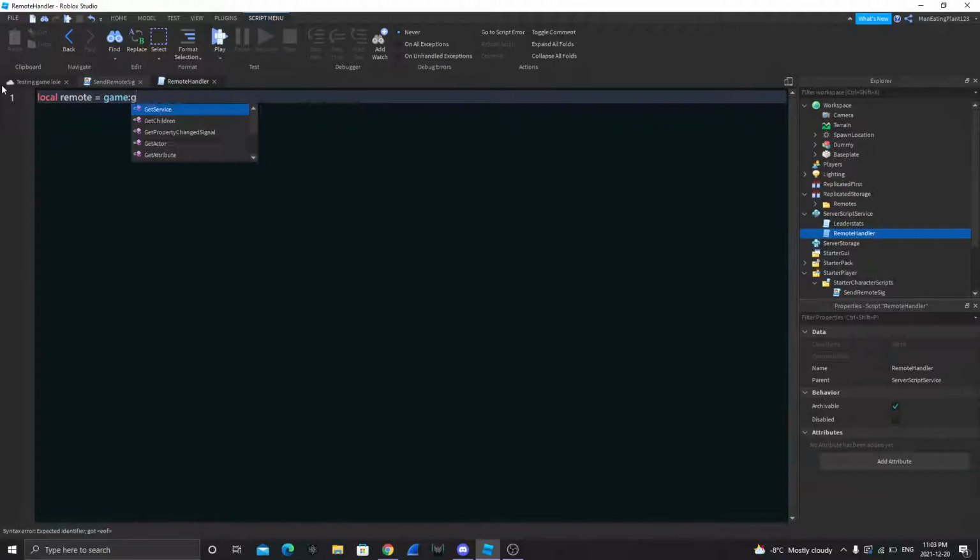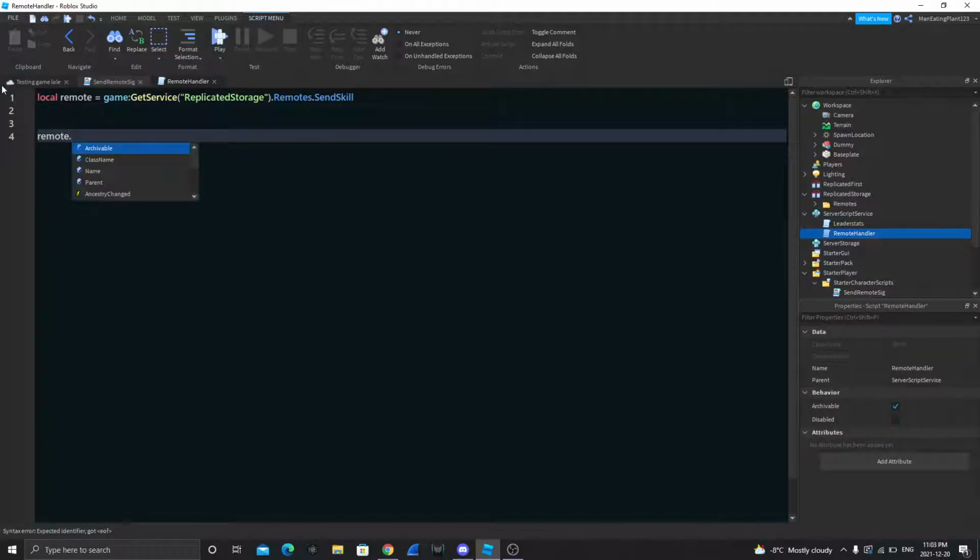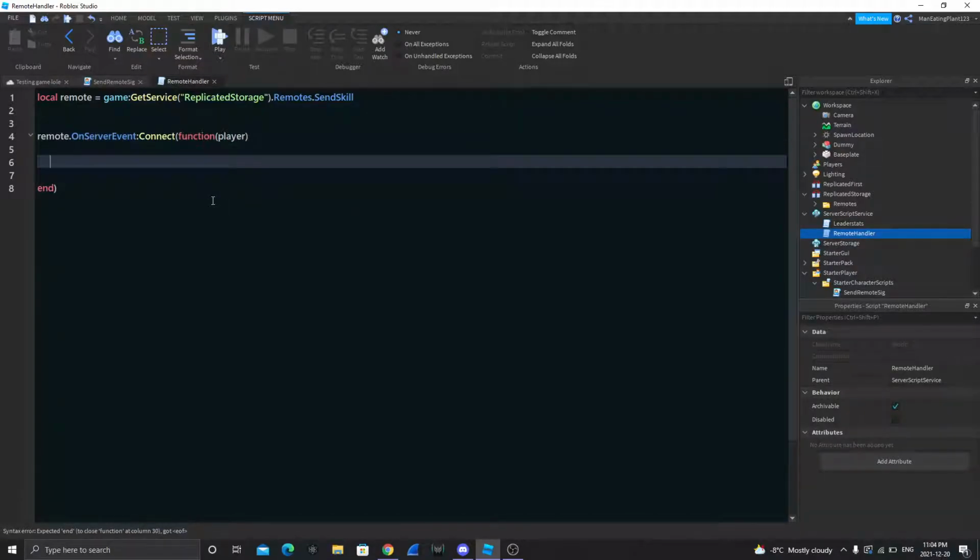Game get service replicated storage dot remotes dot, let's go. Remote dot on server event, because it's a remote event, not a remote function. If it was a remote function, it'd be on server invoke, but we're not going to talk about that. Connect function player, and then we're going to do player dot leader stats dot sword skill